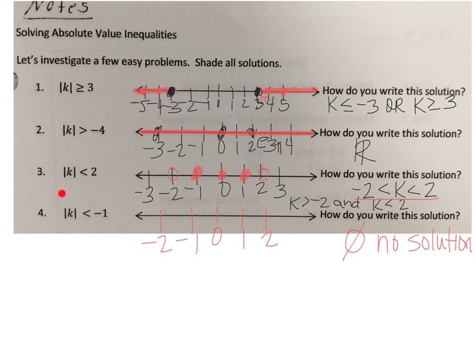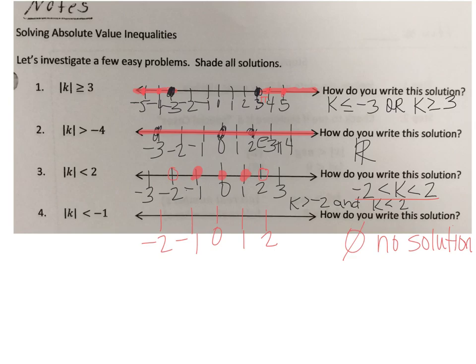When we have the absolute value less than, it's going to give us an and statement, right? And we're going to write them like this. You will never see me write them as two separate sentences because that's more work. I have to write and between those. Who wants to do that? And then when we have the absolute value less than a negative, that's always going to be no solution